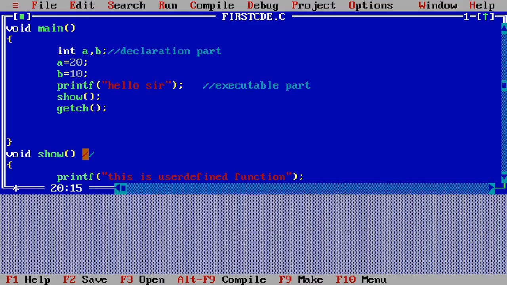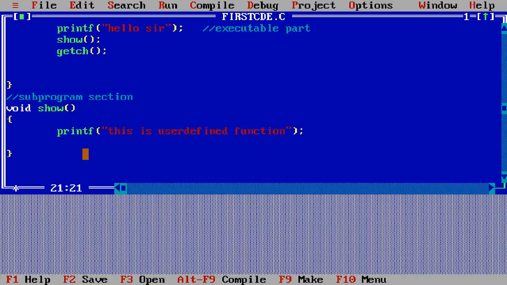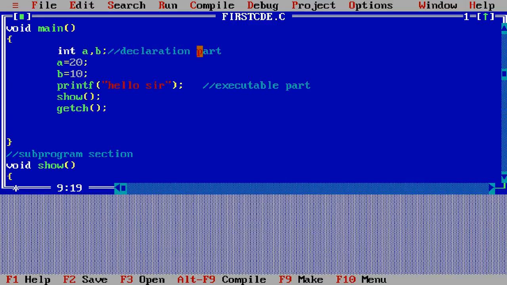So this part is called the subprogram section, and the subprogram section contains the functions, and we give the body part as printf. This is the user defined function, it displays the message onto the screen, and I call this user defined function in the main function. Okay, and you can see here in the declaration part and executable part, all the statements end with a semicolon,